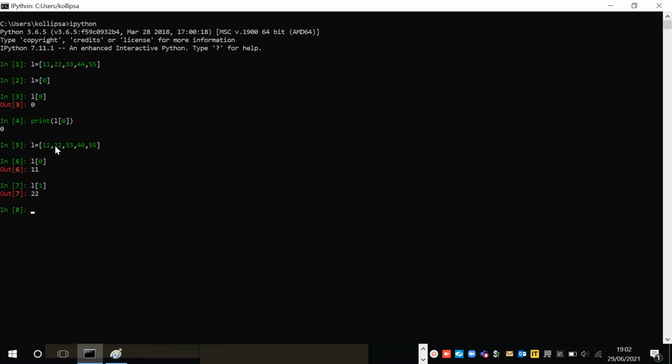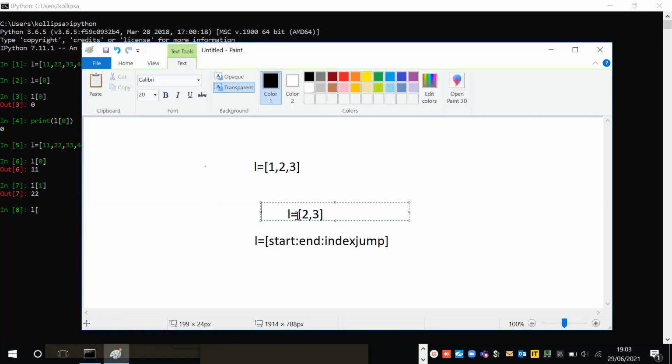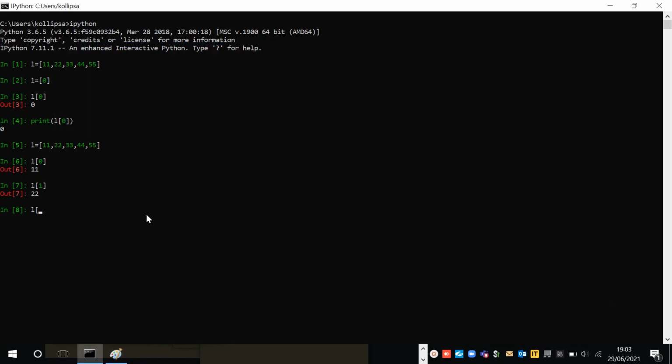So here, guys, as you know, index position always starts from 0, and it goes on till the last element you define. Here we have till the 4th index: 0 1 2 3 and then 4. So let's say we have to print from start to end. L of start means from which index position you want to start. My index position is 0. And what will be your end point? 0 1 2 3 4 5.